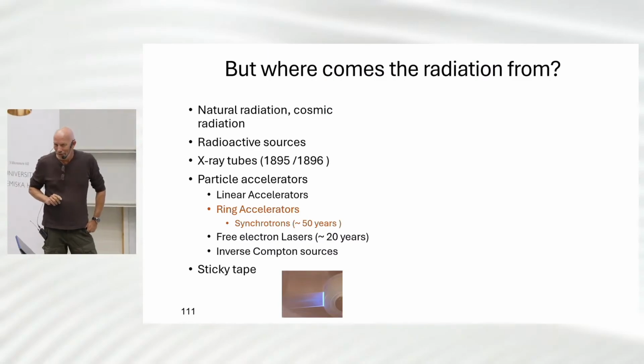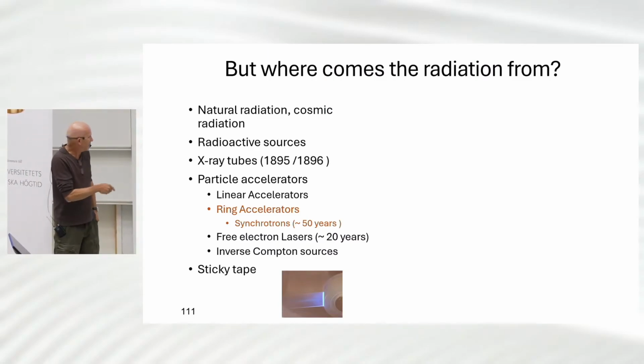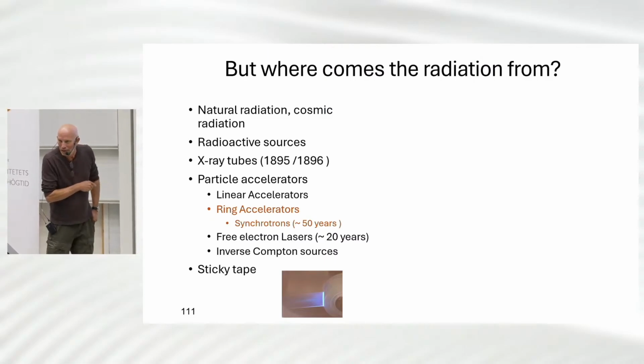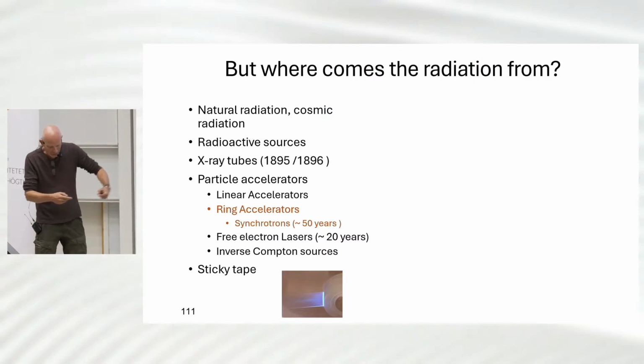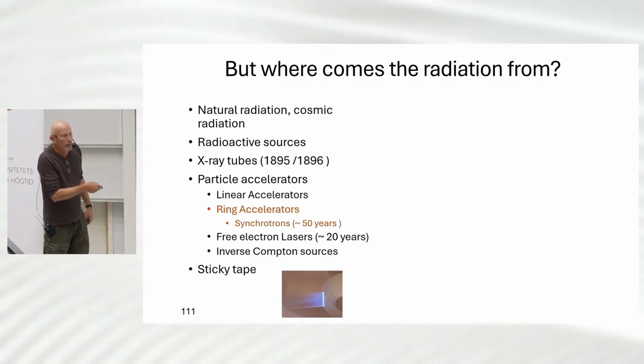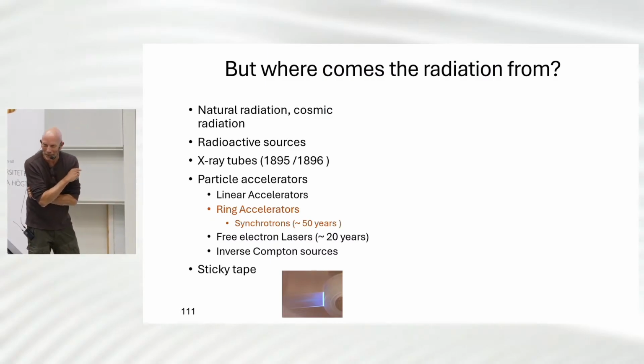Most of you guys will have a ring accelerator on your desk. And that's a piece of Scotch tape. If you tear a Scotch tape in the dark, you will see that it will emit light. And it will not emit only light, but also X-rays. So you have an X-ray source on your desk,